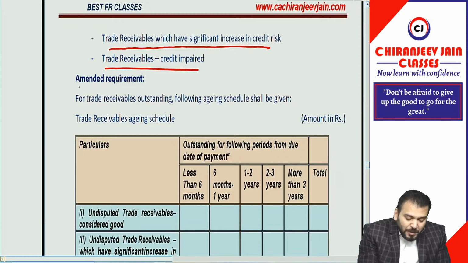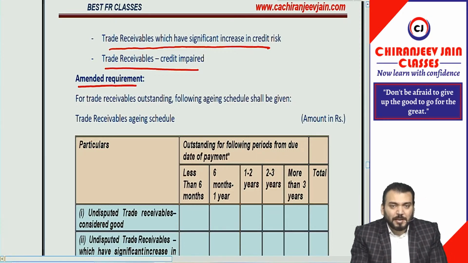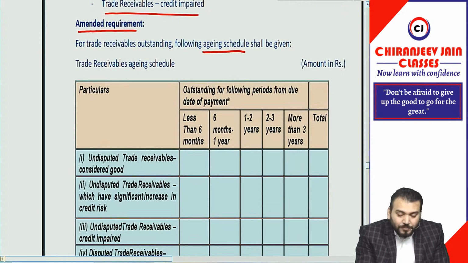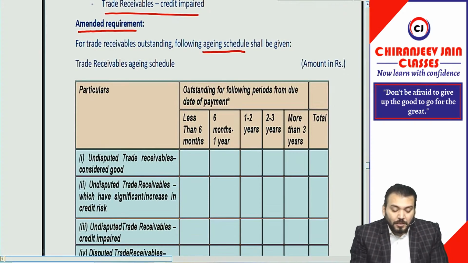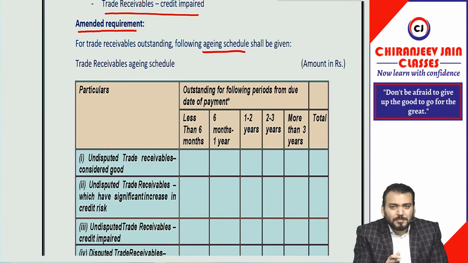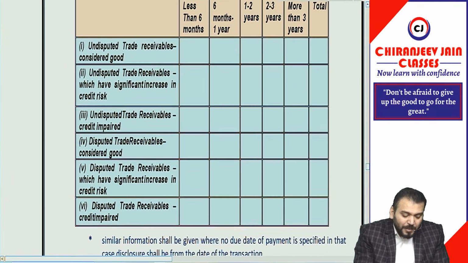But now, as per amendment requirement, they have also asked you to give the aging schedule, which will be as under. So now, as per amendment, they want aging schedule. Means we need to give the age of trade receivable, the aging schedule, and that will be given for